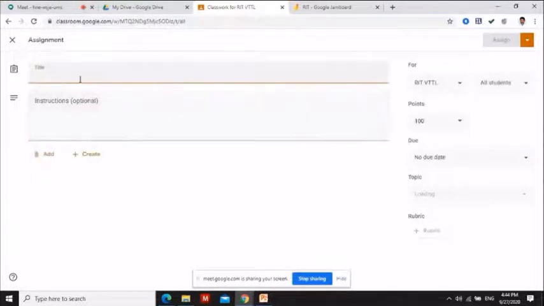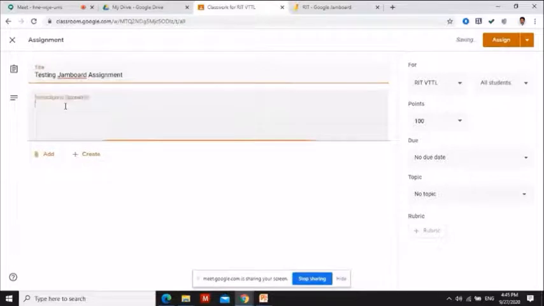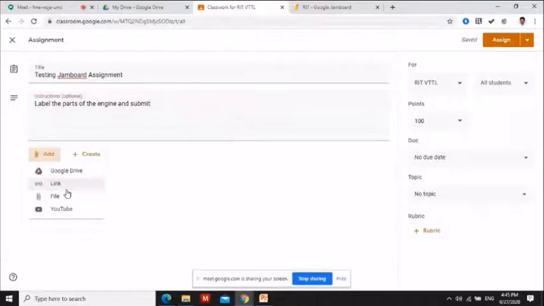I will title it Testing Jamboard assignment, and give the instruction: draw, label the parts of the engine, and submit. Like that, I am giving an assignment to the students.